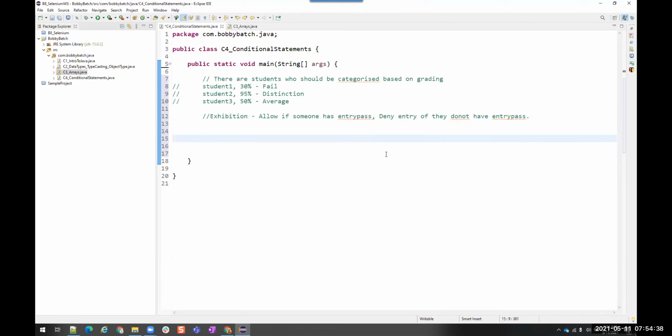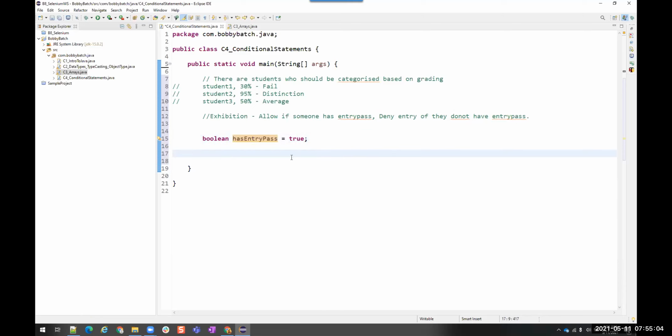So suppose I create a String student1. Create a boolean hasEntryPass. If I say true, yes, we have an entry pass.